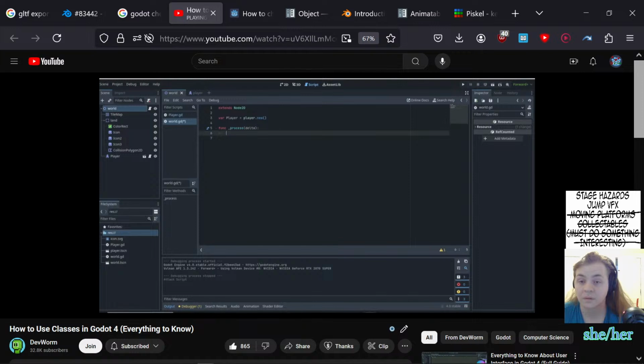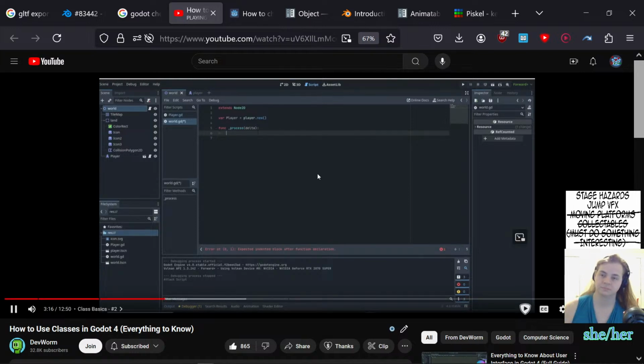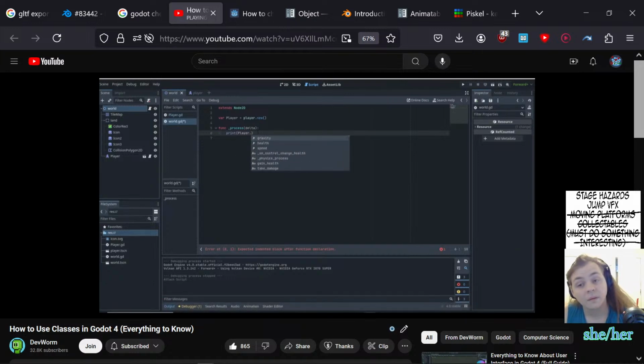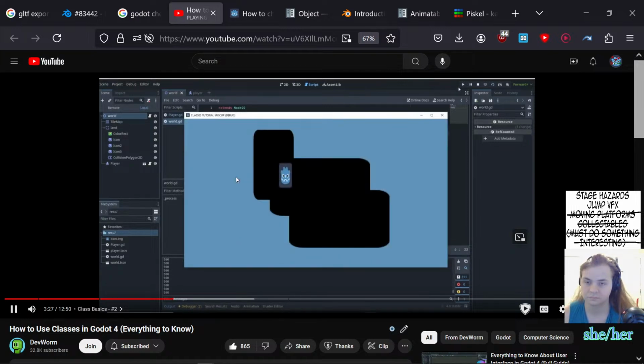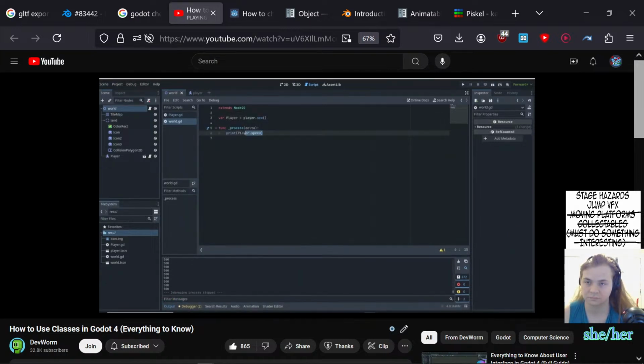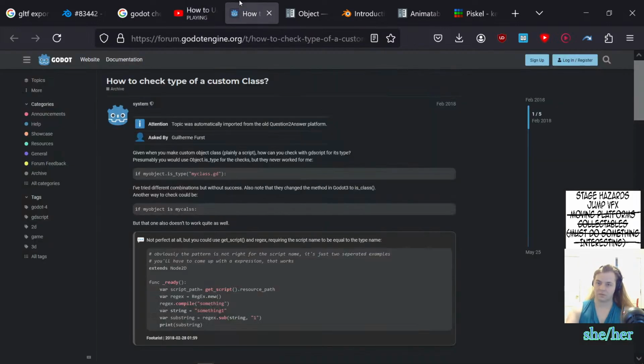And in process, we can do different things. Like, for example, we can print the player's speed, whatever the player's speed is equal to in our player. Well, if we click play, you can see that we get that variable. We pull it out of our player. Maybe we want to do something else. Maybe we want to end up, I don't